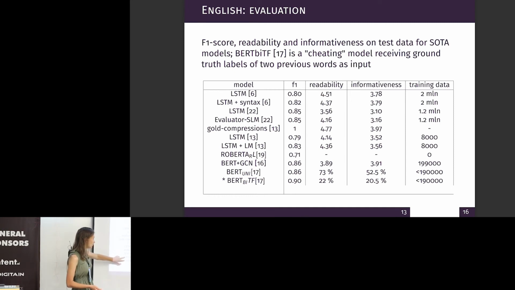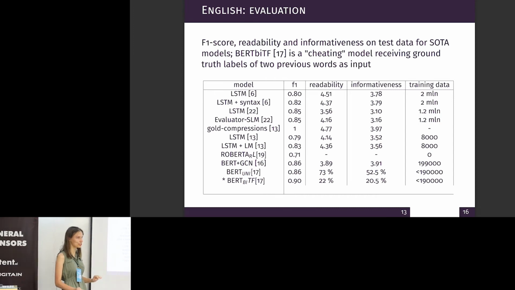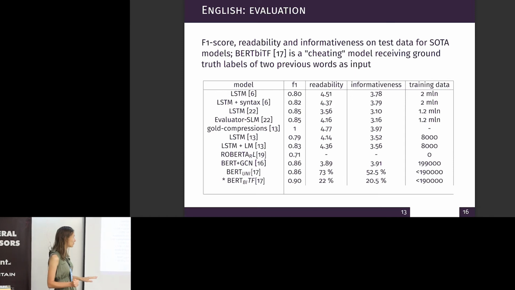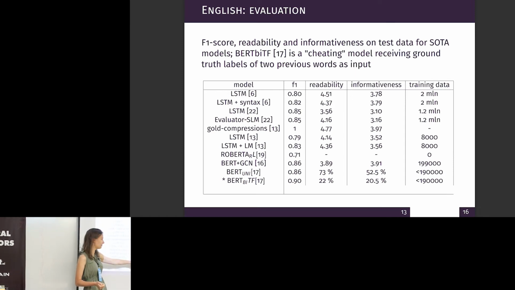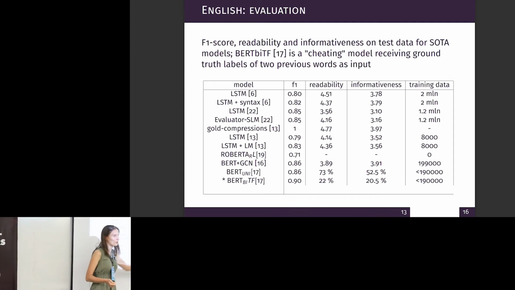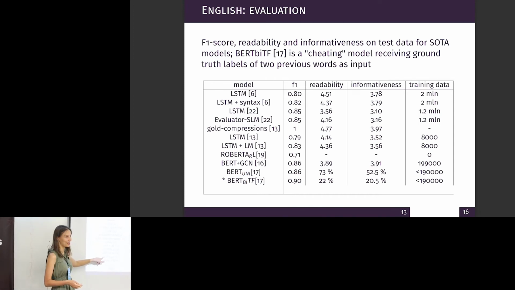Then this is interesting. These are two models of the same researchers, and for the second one of them, their aim was to increase F measure as much as they could, and they achieved their best F measure in the field. And you can see that readability and informativeness are very low compared to their other model. So that's what I was talking about at the beginning, that for such types of problems, automatic evaluation can be very misleading, and they made it the aim of the study to show that you shouldn't trust it, and human evaluation should always be conducted first.